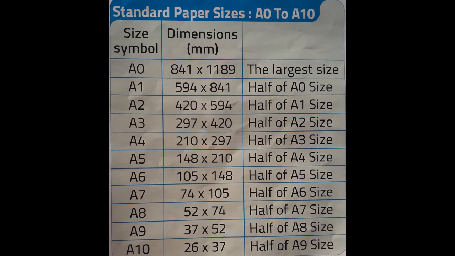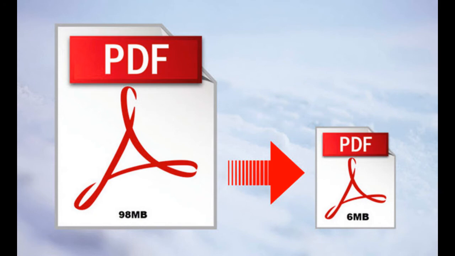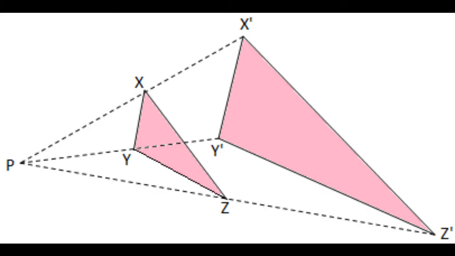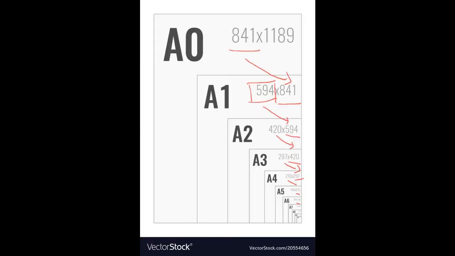You can say that the standard paper size is A0 to A10, A0 being the largest of all and A10 being the smallest, but you can see the aspect ratio, breadth to length ratio, remains constant, which is 1 is to root 2. The standard based on the formula 1 is to root 2 was the only standard which made it possible to make enlargements or reductions of images on the Xerox or the photocopier machine without any cuts or without leaving unused space on the paper. So this is a very unique feature and it is perfectly suitable for Xerox or photocopier machines, which later adopted it. So now let's dig deeper.